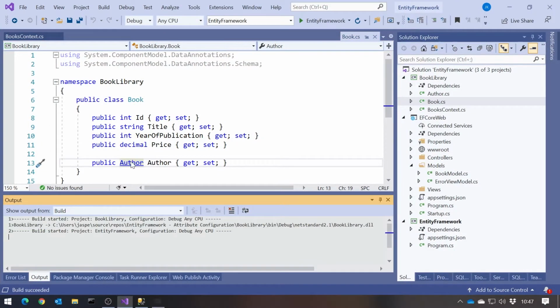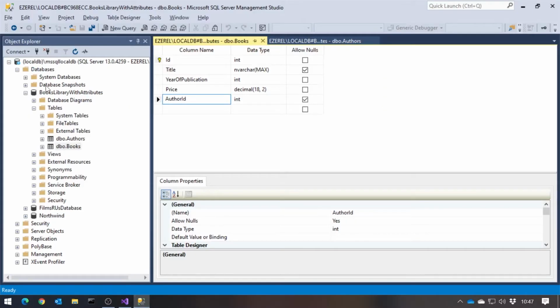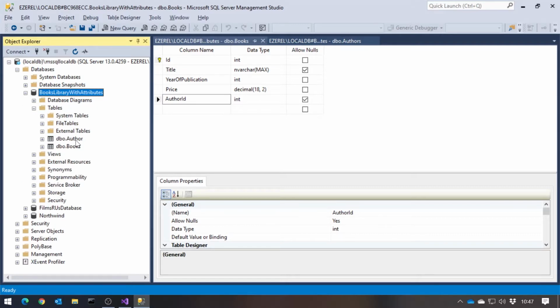But if we do that, we'll see now, if we again rerun the program, and remember what it's doing is deleting and recreating the database, so it will give us the changes. And if we now refresh that, you can see that what it's now done is it has simply taken as the table name the class name. What it has not done, as it would have done in EF6, the earlier version, is pluralize that. So the class name is author and the table name is author. That's a bit unconventional because normally classes are singular, tables tend to be plural. You don't have to follow that convention, but if you do, it's a bit odd that we've got books plural, author singular. So obviously we could just go back and put it in the DB context, but